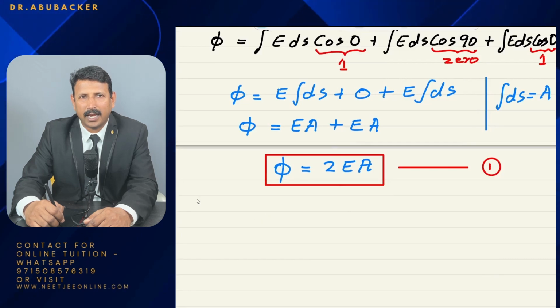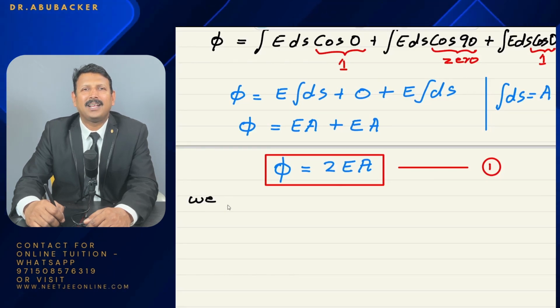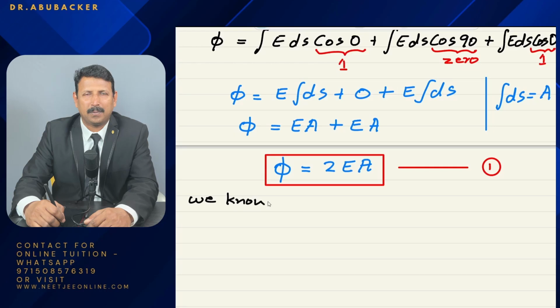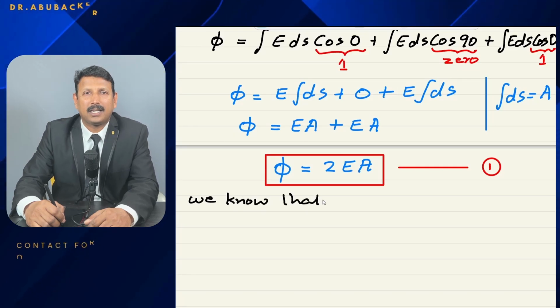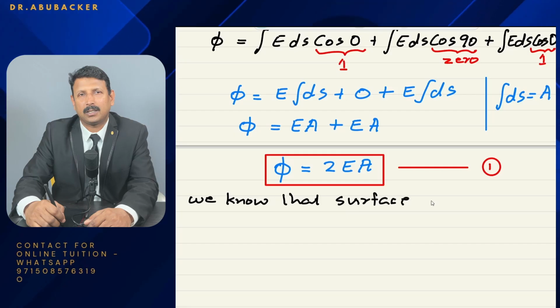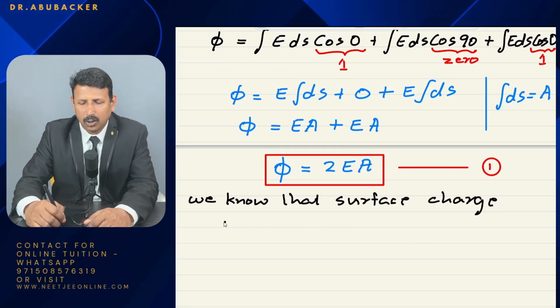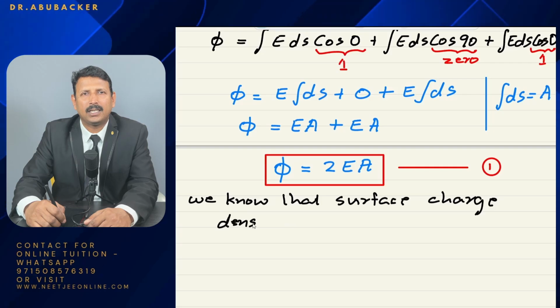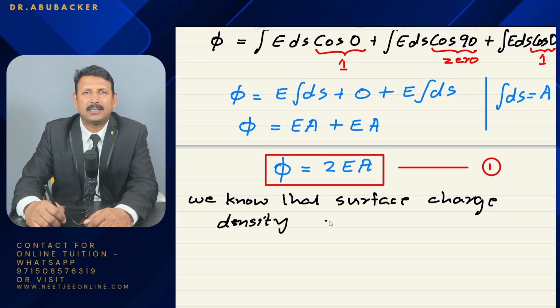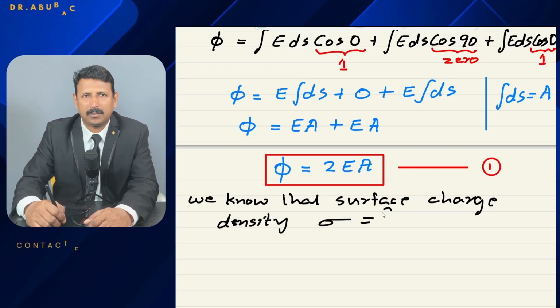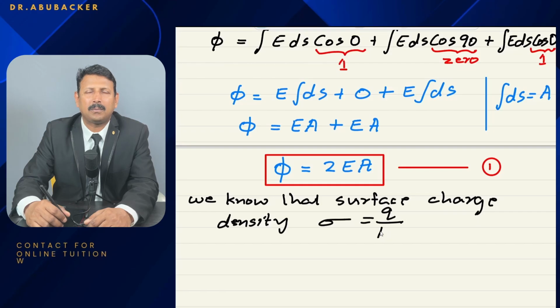But that is not the end of the derivation. In the next two derivations, applications, up to here the method is the same. After this also the method is the same. What is different is the area calculation. In the case of the sheet, the area calculation is integral ds is equal to A. The remaining part, the charge density and all, depends upon the diagram,